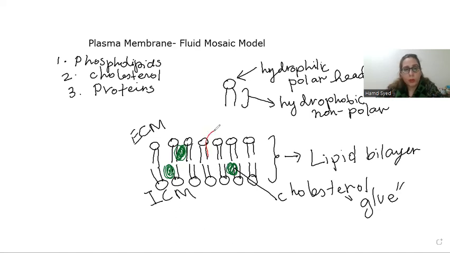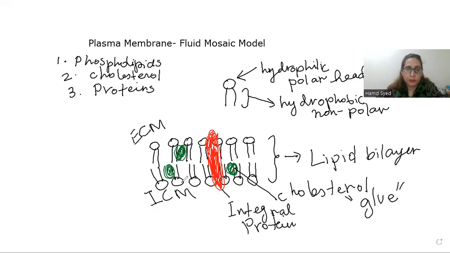So here I'm going to draw a protein which is embedded completely within this plasma membrane. This protein is known as the integral protein. It's also called the